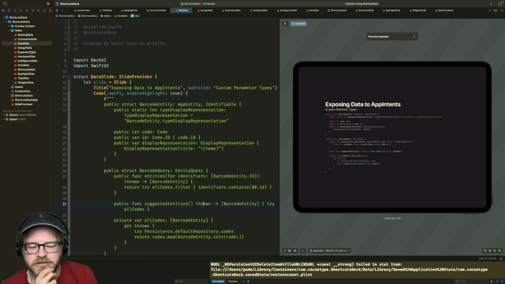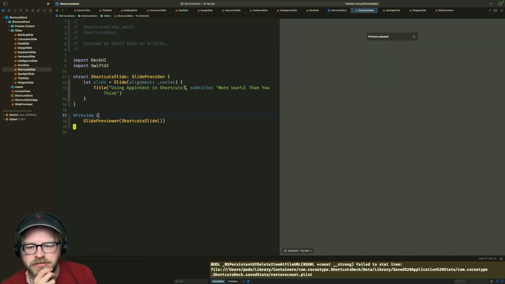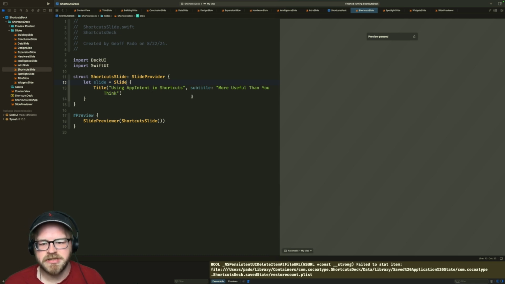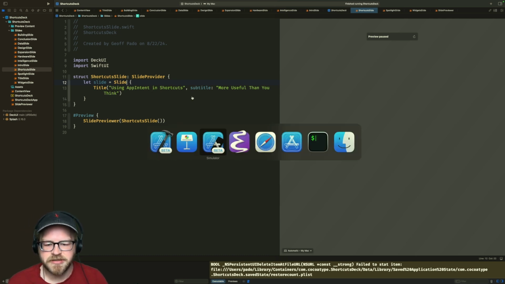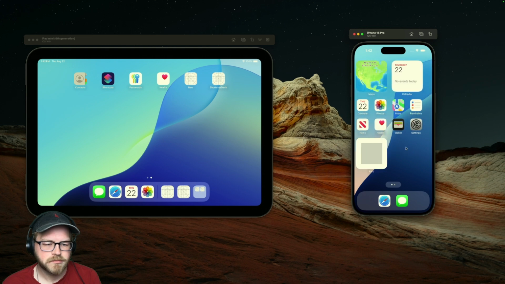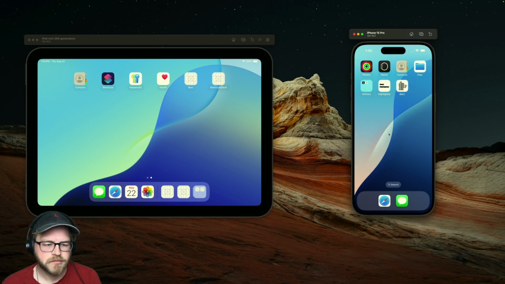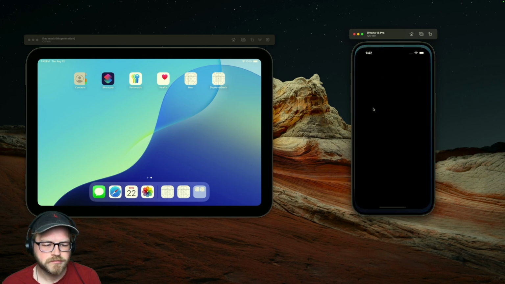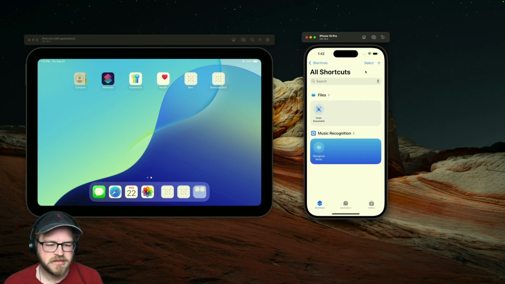And by actual piece of code, I mean using it in shortcuts. If I say using an app intent in shortcuts, then let's take that display code intent that we had. And if we open up our simulator, we've got our simulator right here. This is how this is going to appear.